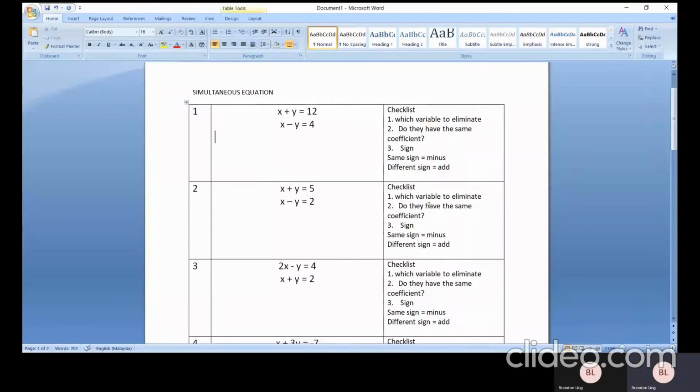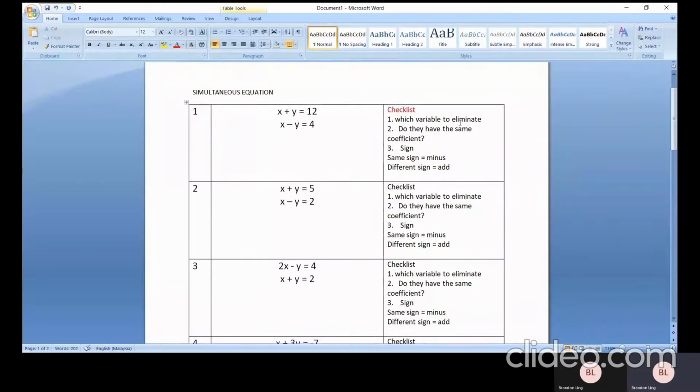Hi everyone. Today I'll introduce to you the chapter on simultaneous equation. So simultaneous basically it means that you have two different unknowns. You have the x and the y, or it can be a and the b. So before you solve any types of simultaneous equation, this is actually the checklist that I have come up with